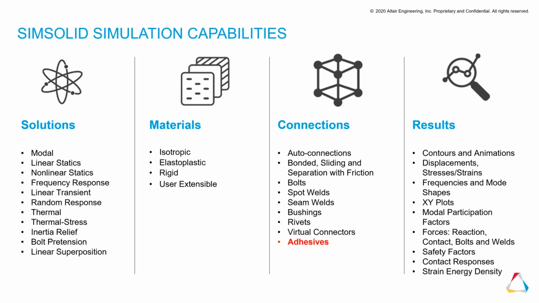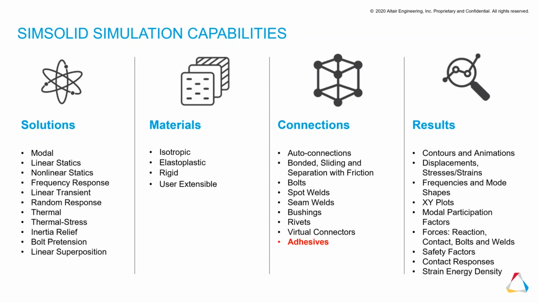An area that we spend a lot of time with SimSolid is connections. Now, think about connections. Besides the standard things of bonded and sliding, and you can do separating with friction and things like that, really we spend a lot of time with connections in terms of spot welds, seam welds, bushings, rivets, other virtual connections. The reason we spend so much time here is these can be problematic in traditional FEA. In traditional FEA, making a spot weld or a seam weld, you have to do a lot of specialty elements,